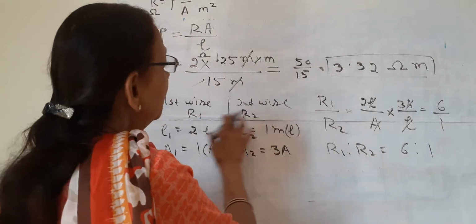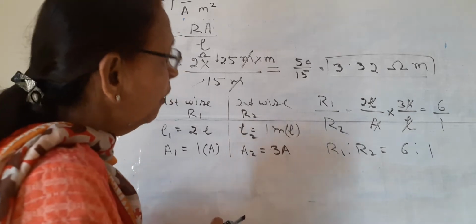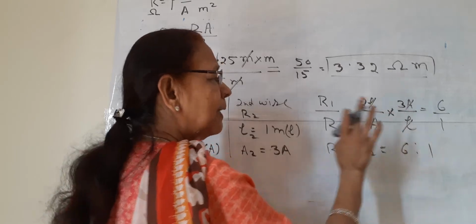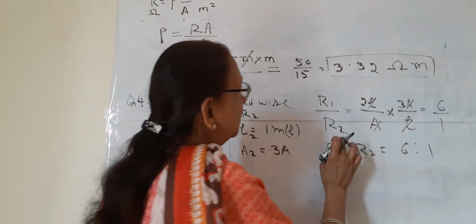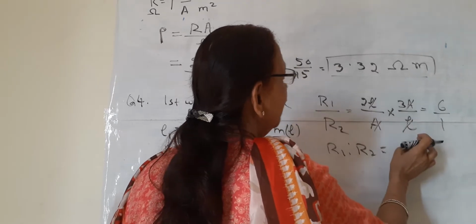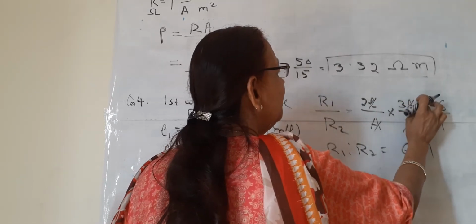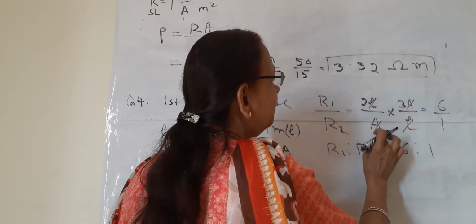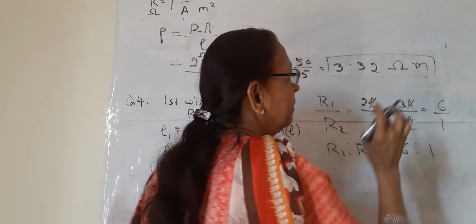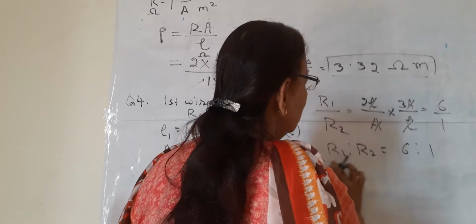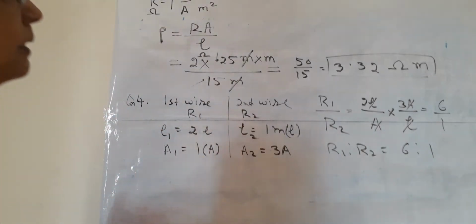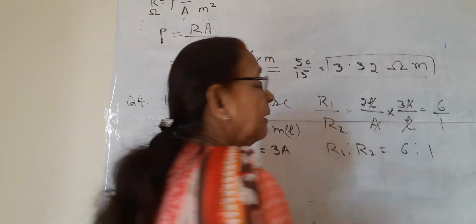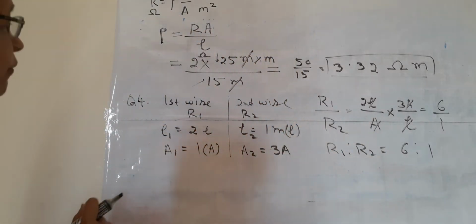We want to know the ratio of the resistance of the two. So we will write R1 is rho L by A. Rho is cancelled. Rho is common in both. R2 is rho L by A. So this is reversed. A will be in the numerator and L will be in the denominator. So now we have 2L upon A and it is 3A upon L. So 6 by 1. So the ratio of R1 is to R2 is 6 is to 1. No unit is there as these are ratios. So this is the fourth one.